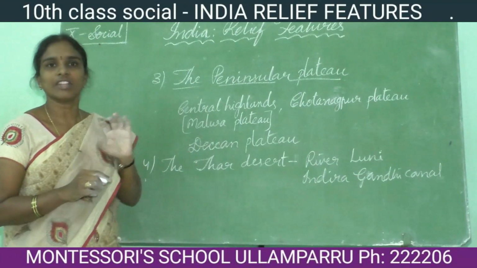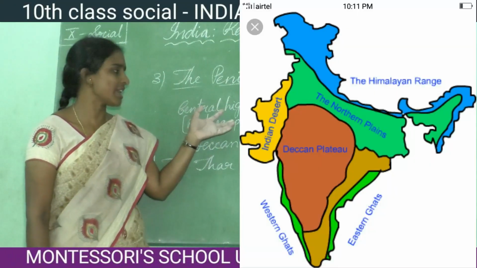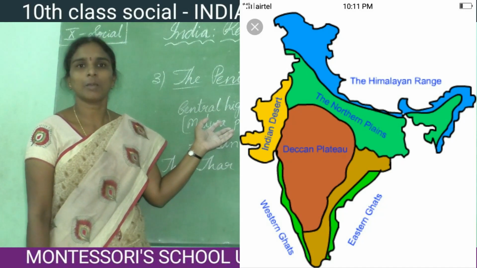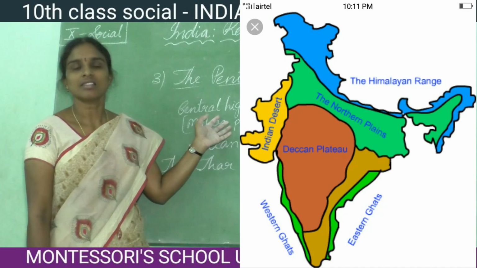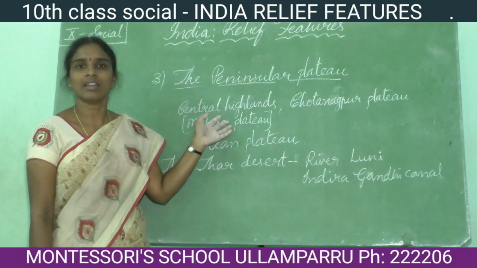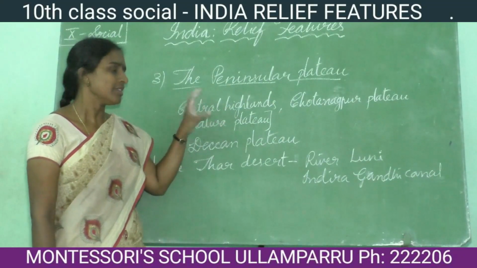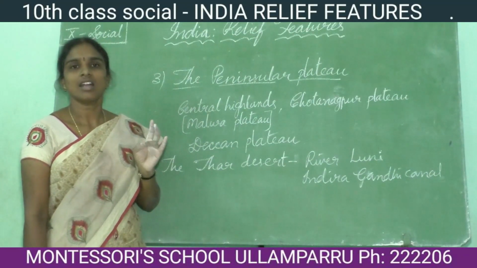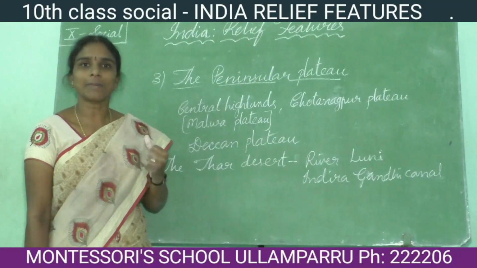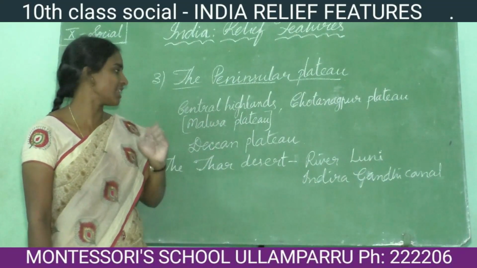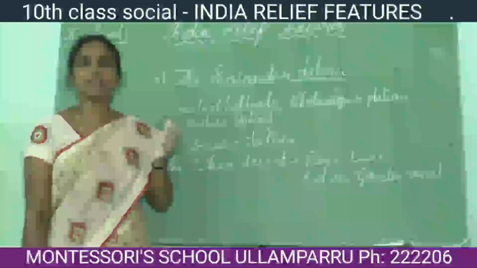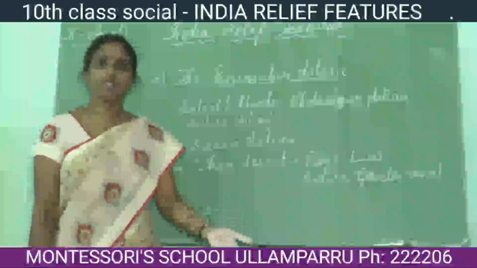The plateau region is different from the plain region, which has river flow characterized by perennial nature. These rivers are fed by the annual rainfall, and rivers like Godavari, Krishna, Mahanadi, Narmada, and Tapati are some of the rivers which come under the peninsular plateau. These rivers make irrigation possible, along with the underground water.